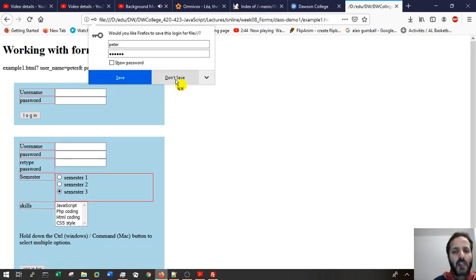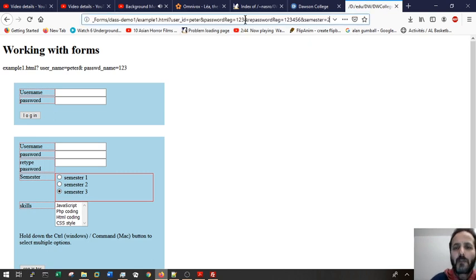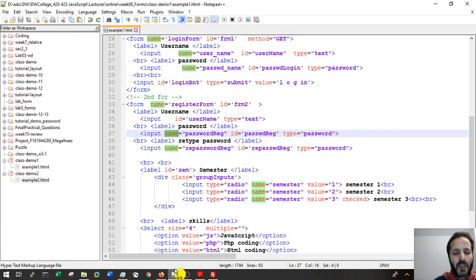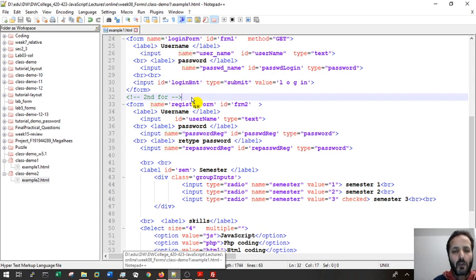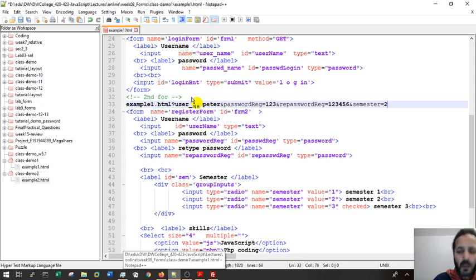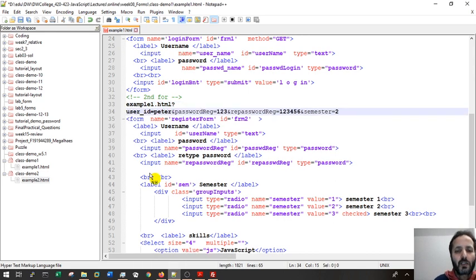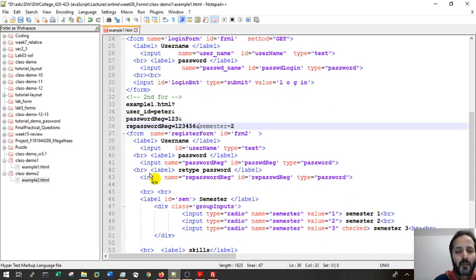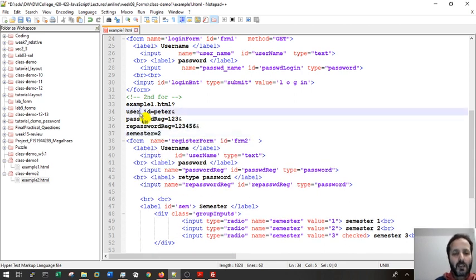So once I send it, what happened here? I'm gonna go to my URL and dissect or analyze my URL, or my data sent through the get. I'm gonna copy them here. So this is the file name, example1, and this is the start of the query, the question mark. Now I'm gonna dissect it. It's really a list separated by the ampersand. And guess what, guys? User ID